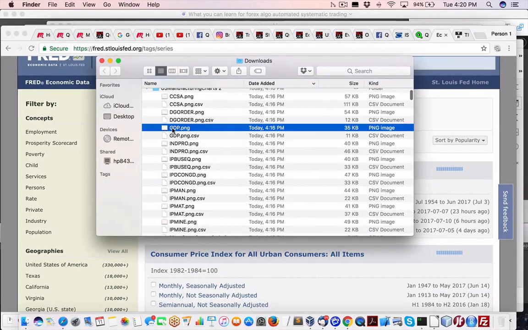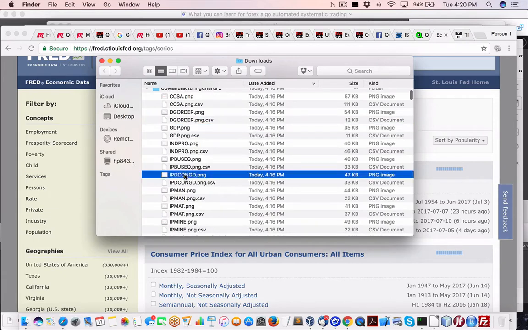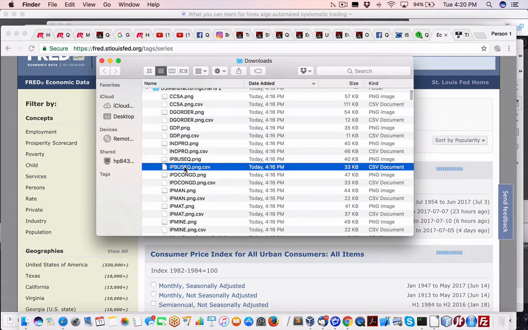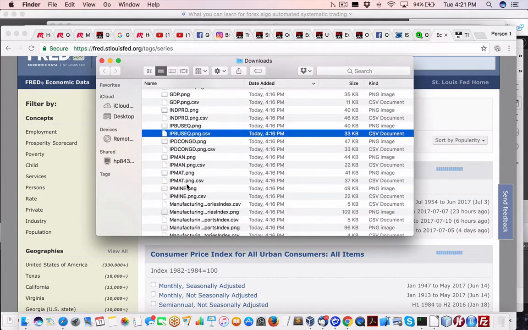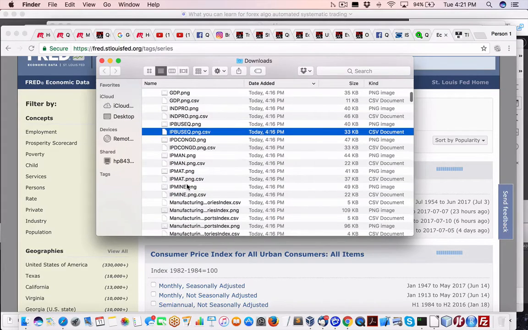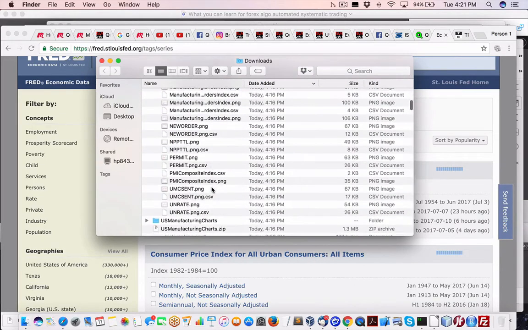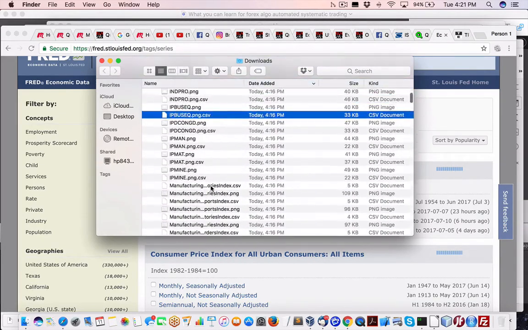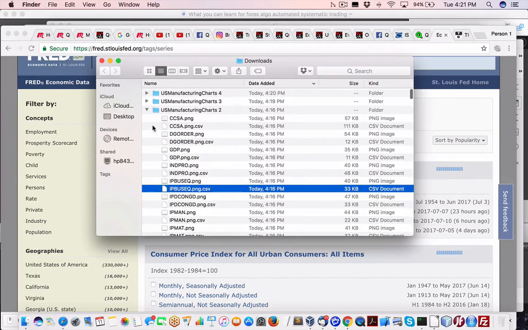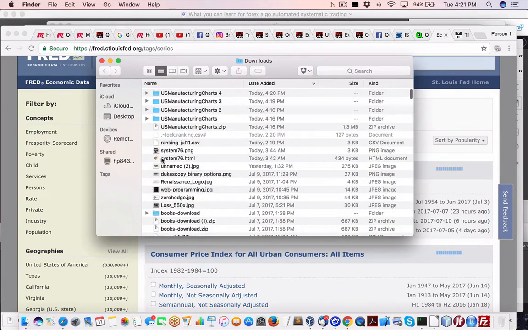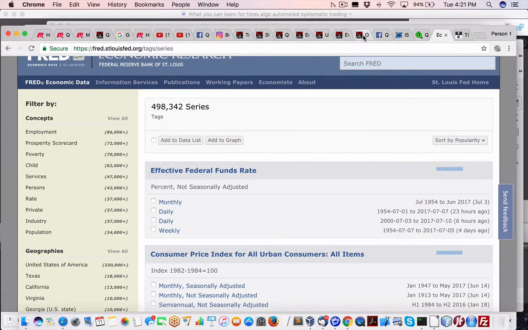So here we get the GDP of the U.S., the production of different durable goods, non-durable goods, services, retail, building for construction starts, all kinds of lots and lots of different data points that you can use. Okay, now it doesn't stop there. We've got, as I said, in my membership here,